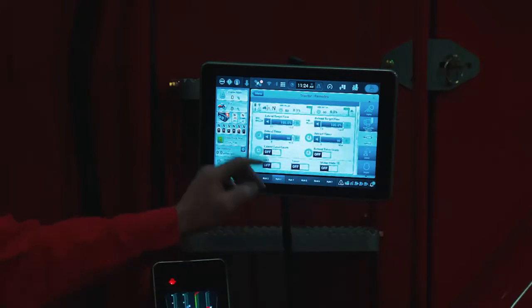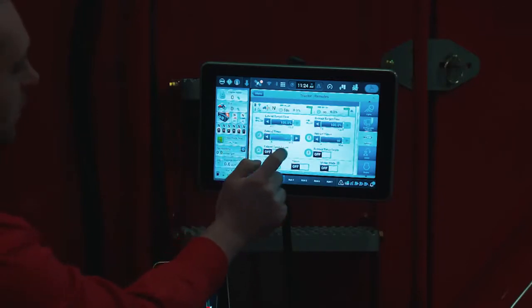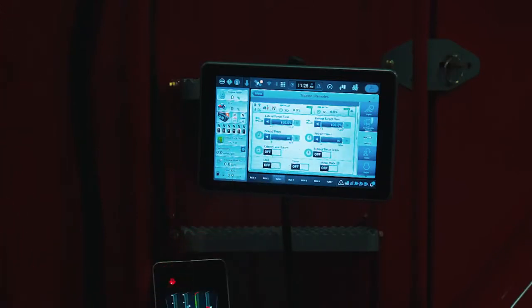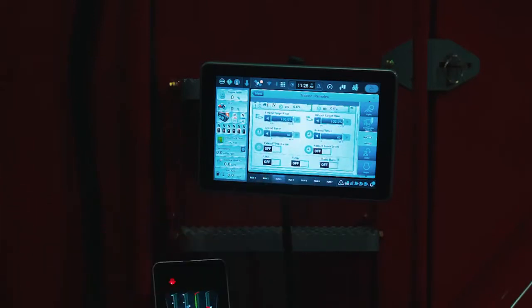This is where you're going to set your flow percentages as well as your timers and continuous flow if necessary. Simply use the arrows, or slide the bar left to right to make your adjustments. If motor mode is necessary in your application, to enable motor mode, you take the designated remote you're going